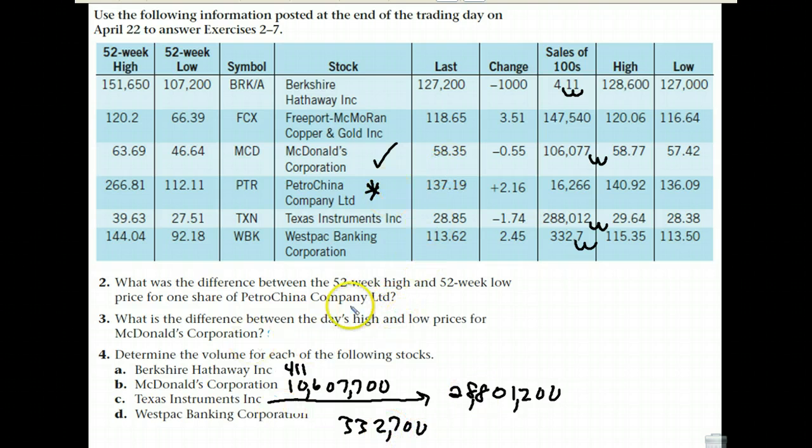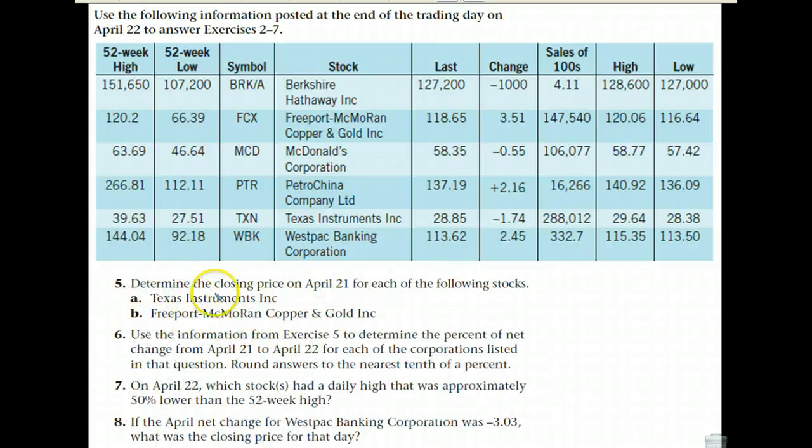All right, so that's 2, 3, 4. Let's go on here now. Number 5 is saying determine the closing price on April 21st for each of the following stocks. So remember, all of this information that we have is from the 22nd. So to get our closing price here in number 5, what we need to do is look at the last amount. What are we looking at for Texas Instruments? If we go to Texas Instruments, that last amount was